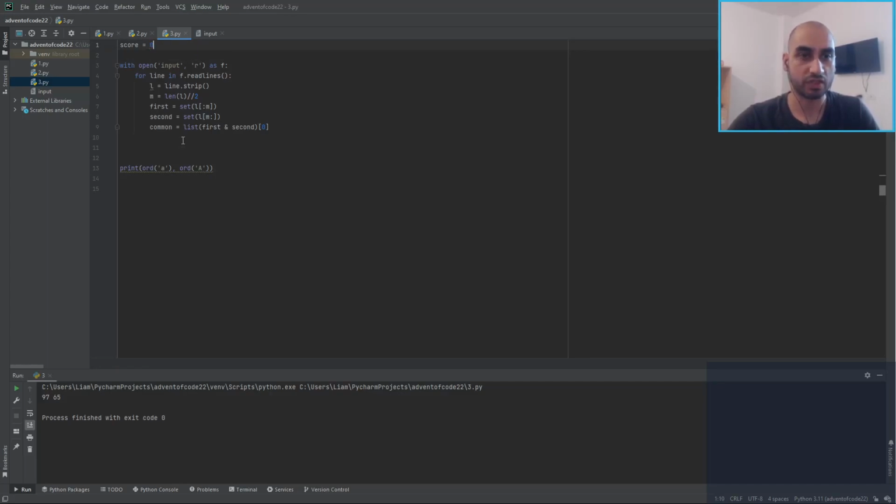score equals 0. So for each, let's say x equals ord of the common letter. So that turns it into an integer, but let's subtract 64. No. Let's subtract 96. So if it's 1 through 26, it will be a small lowercase letter. If x is negative, then we